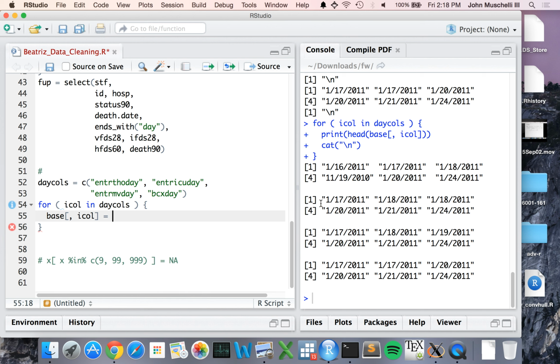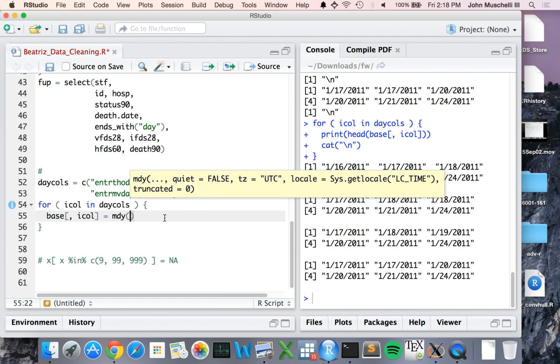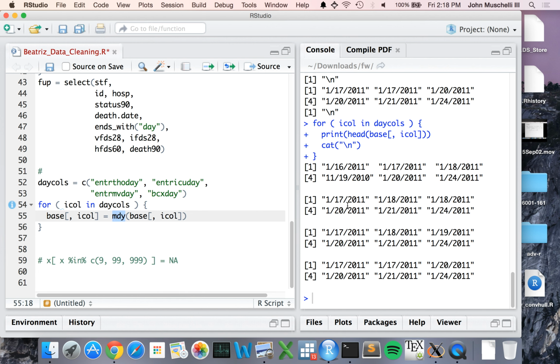So all you have to do is kind of tell it, okay, this function here, because I know this goes in month, day, year, right? That's what this function is here. If, for example, the format of the date was day, month, year, right? There's a function for that. There's a YMD function, and there's